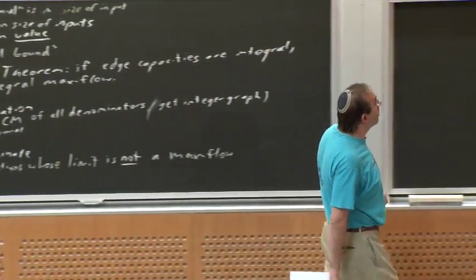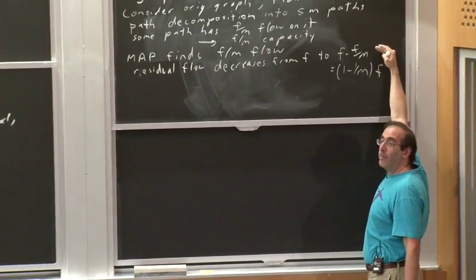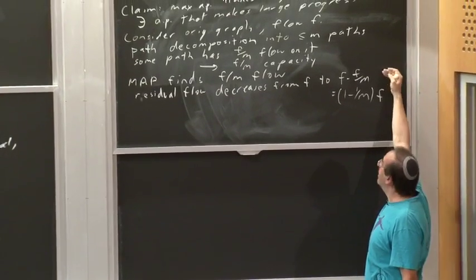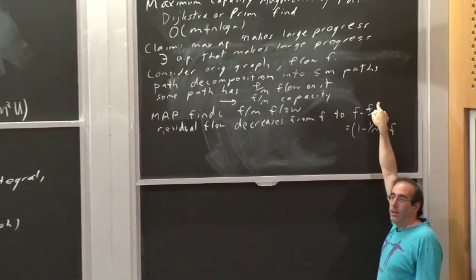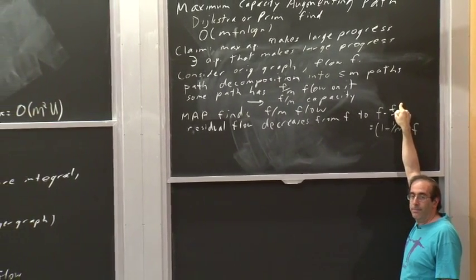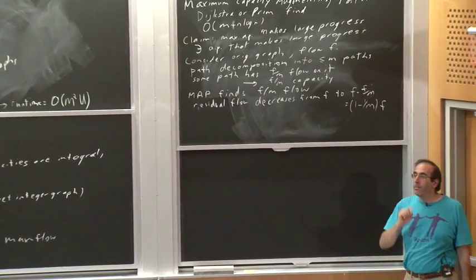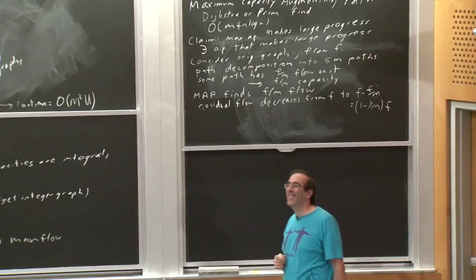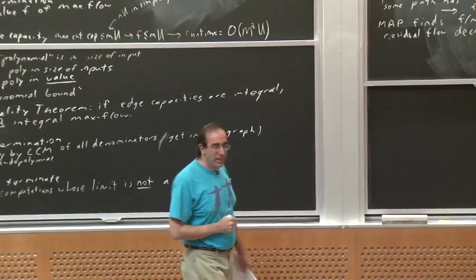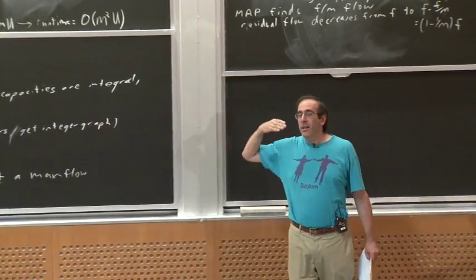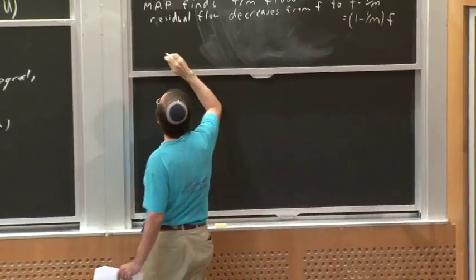Well, let's be careful. It would be nice if every time we did a maximum augmenting path, we found a flow of value f over m, where f is the value of the max flow. That's not quite true. Why isn't that true? F is the value of the current flow in the graph. Good. So basically, we can generalize this argument and say that if the residual flow is f prime,